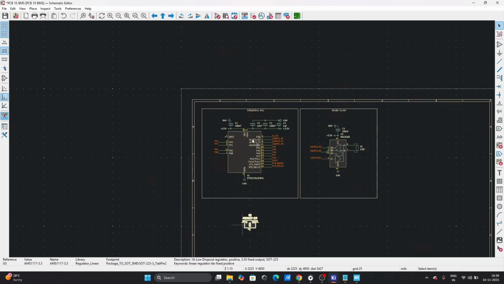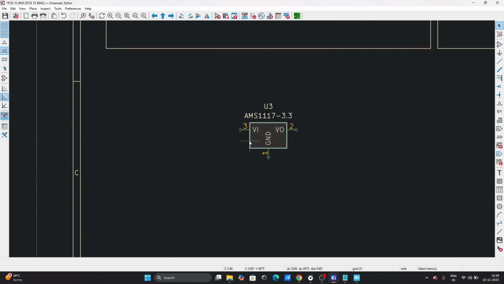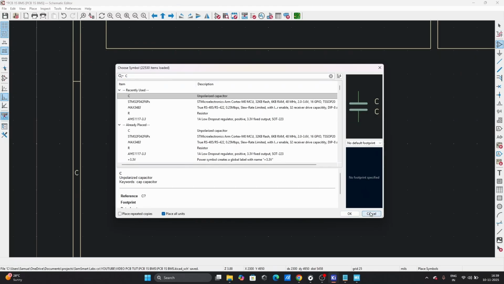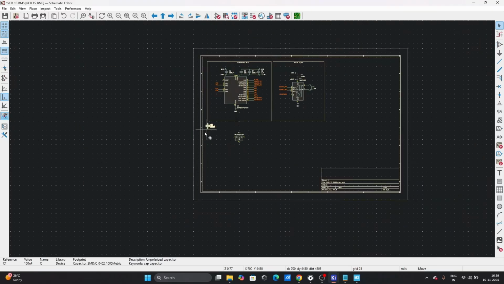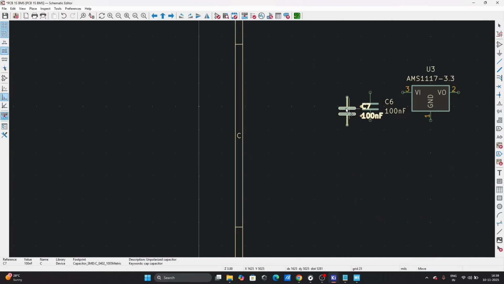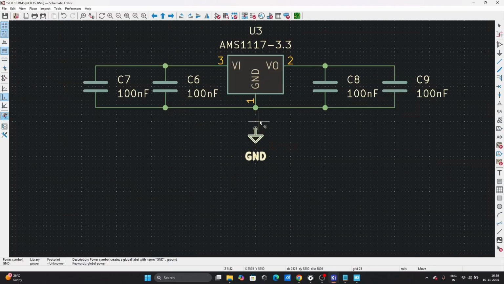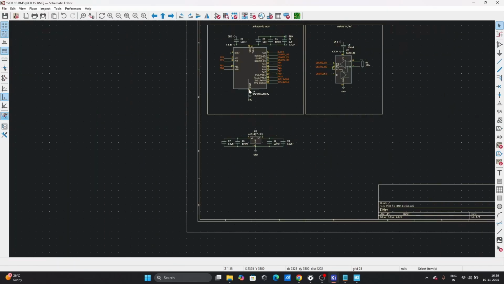So in the voltage regulator, we just got a capacitor again. We can just copy it from here. I like having two capacitors at the input and two capacitors at the output with different values, like this. This is voltage input, this is voltage output. Then we can short all the grounds together and just use it. This guy over here, power this. We get the 3.3